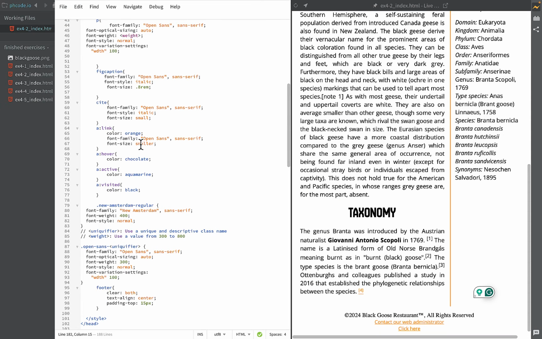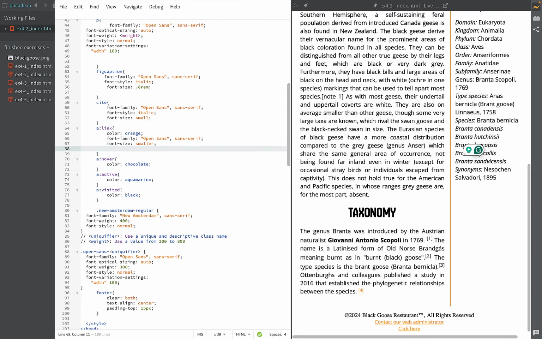So I want to do one more thing with my links. By default, all hyperlinks will be underlined. Sometimes you want that because you want people to know that these exist as hyperlinks. If your hyperlinks become too enmeshed with the rest of your text, they don't stand out as like, oh, I realize I can click this. But sometimes you don't want that underline. Sometimes when you're designing, you say, hey, no, thank you. I want, it's a little chunky, or if you're styling it as more of navigation, you can eliminate it by